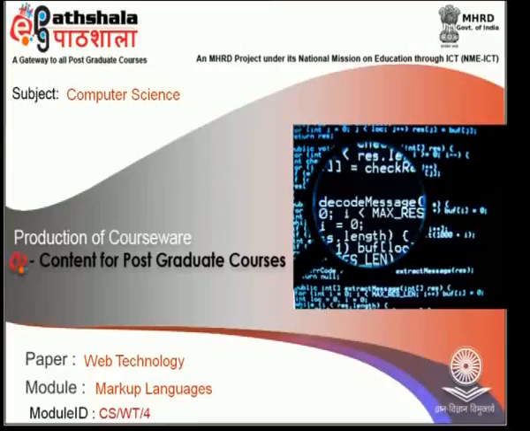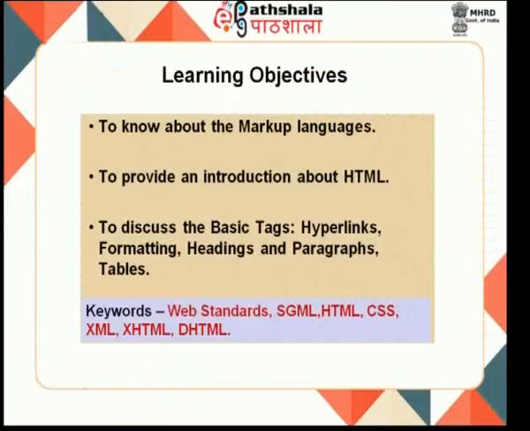The course is about web technology, and we are going to see the fourth module about the markup languages. The objective of the module is that we will know about all the markup languages, and the module also provides an introduction to HTML. We will also see the basic tags that work in HTML, like hyperlinks, tables, formatting,